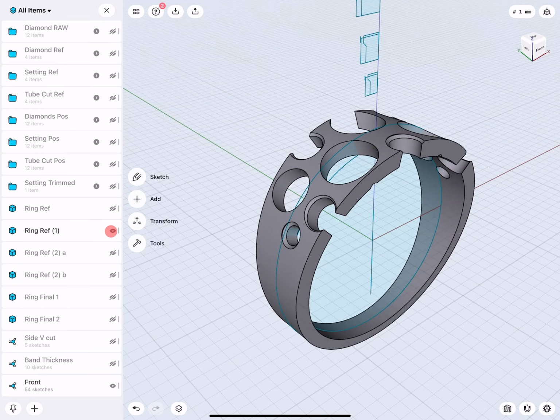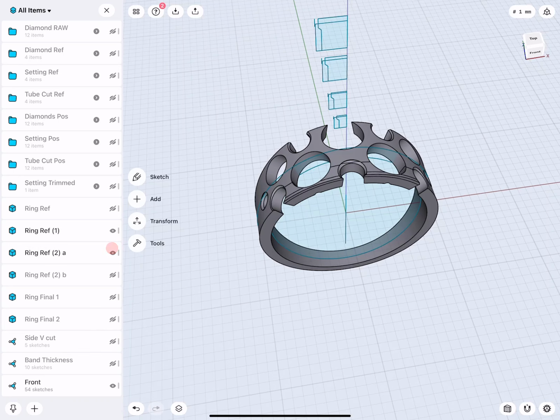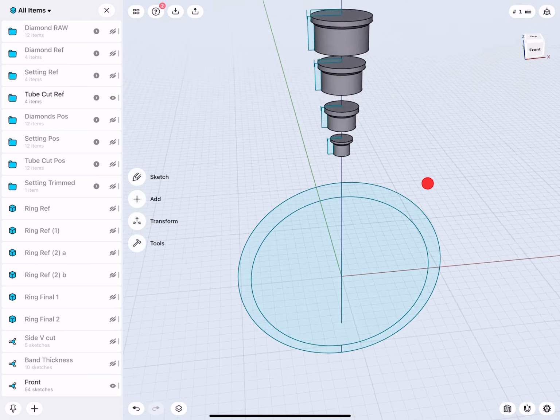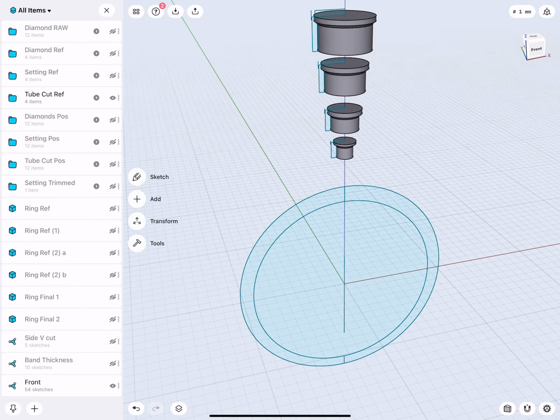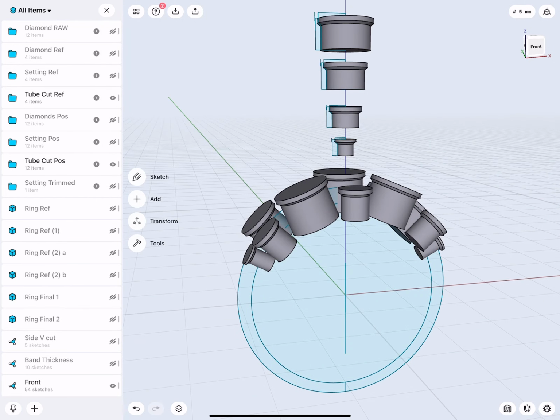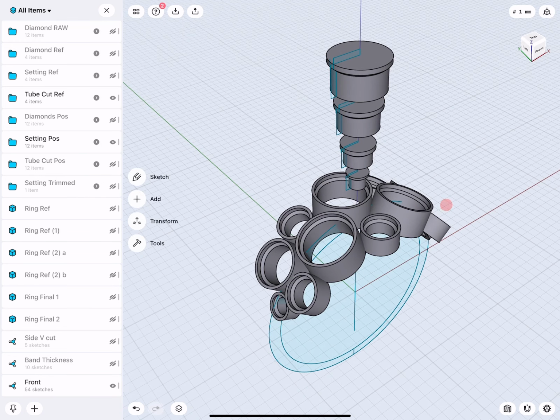I have this ring band, then here I have these cuts. Oh yeah, so how did I do these cuts? You remember? I was talking about those tube cuts here. So when I have this, I can actually cut this all out of a ring band. Let me show you how I got all those to there. In my process, I actually created these cut elements afterwards, and then I moved them into the position.